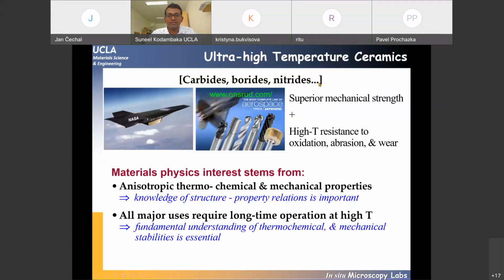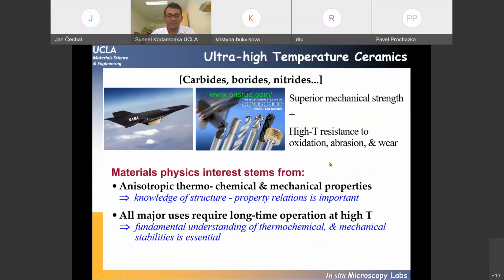And the materials of interest, for those of you that are not familiar, these transition metal carbides, along with borides and nitrides, are used in advanced structural applications. Some of the applications include space shuttles and rocket nozzles where at high temperatures, these materials are required to be stable and survive high temperatures in highly oxidizing environments. And so these are extreme conditions where conventional superalloys do not survive. And that's where these borides and carbides come into play, because they have exceptional high temperature strength compared to any